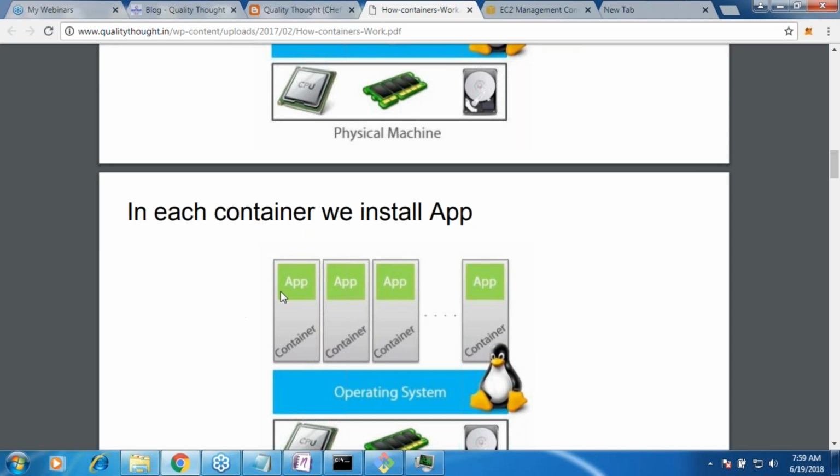An application in this user space cannot do anything about an application running in some other user space. It will not know anything. The only way for them to communicate is by using IP addresses and port numbers. That's it. They will not have anything in common. Every user space will get its own privileges, so they cannot control anything outside that boundary. This is the concept which containers have used. So in a container, technically what you are creating is a user space, and the scope of the application within that user space is only up to the user space boundary.